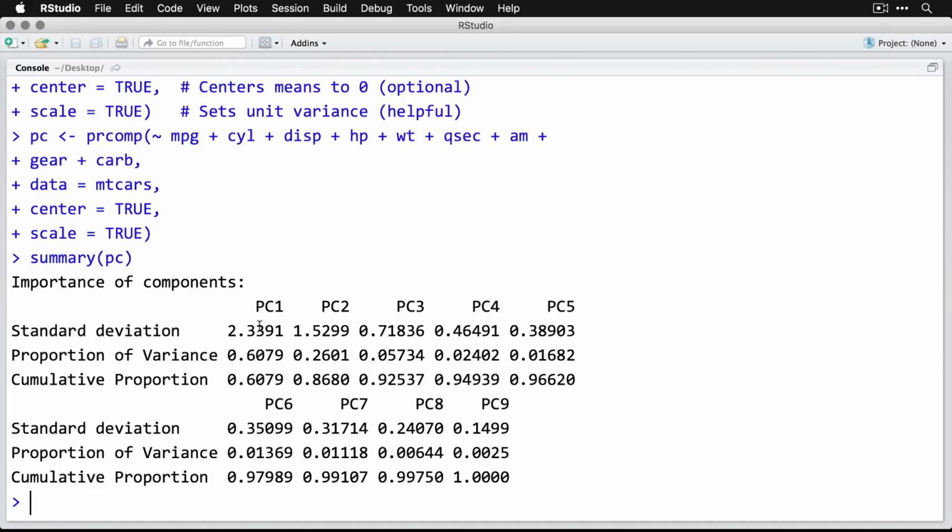Now, you can take a look here at principal component 1. It has a standard deviation of 2.3391. What that means is if each variable began with a standard deviation of 1, this one has as much as 2.4 of the original variables. The second one has 1.59. And the others have less than 1 unit of standard deviation, which means they're probably not very important in the